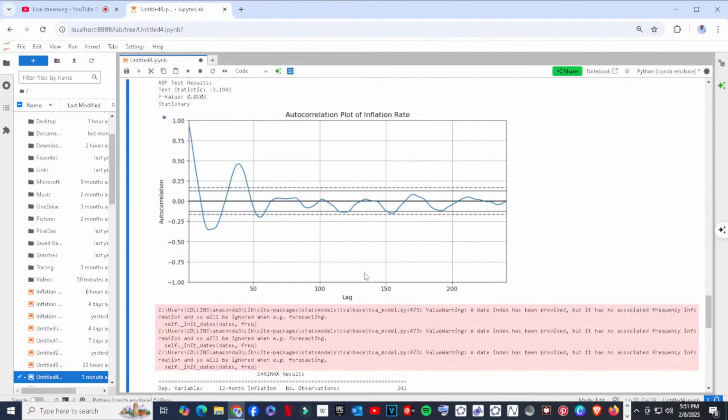Now look at this. This is now the autocorrelation plot of inflation rate. Now I don't want to get into much explanation of that, but that is what we have. So you can see that we have two points defined. There is this point represented by the dotted line. Then there is another one. This one is below the 0. The other one is above 0. But if you check keenly, you'll see that it's a constant deviation around the 0 mean. So it's the 0 mean I was referring to. That is, in the long run, the rate of change is expected to oscillate around the mean, and this is how